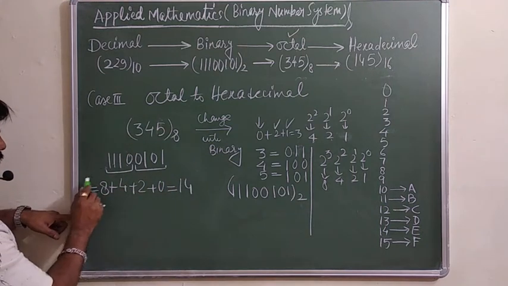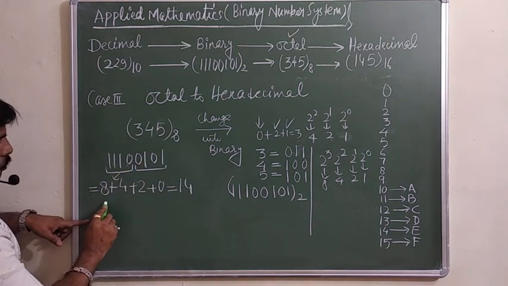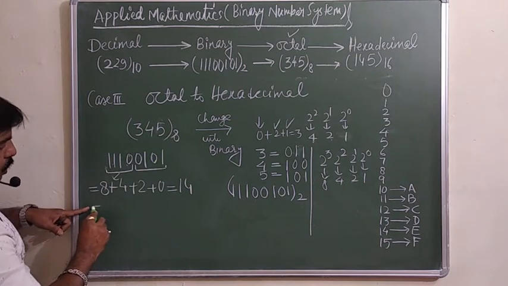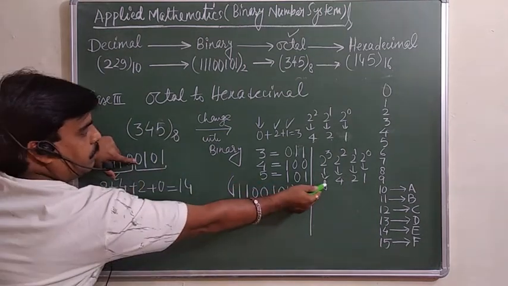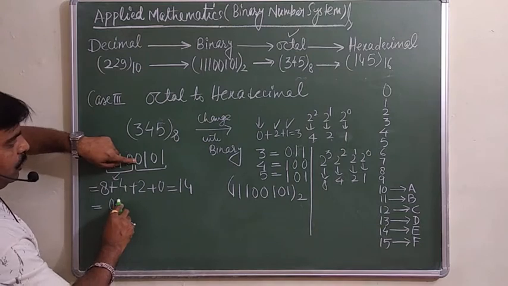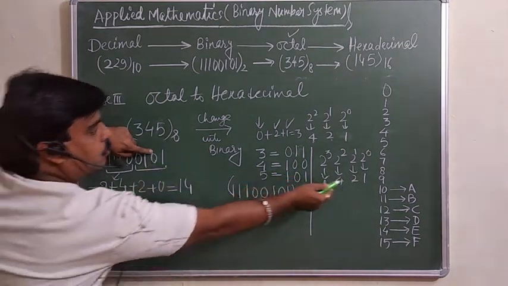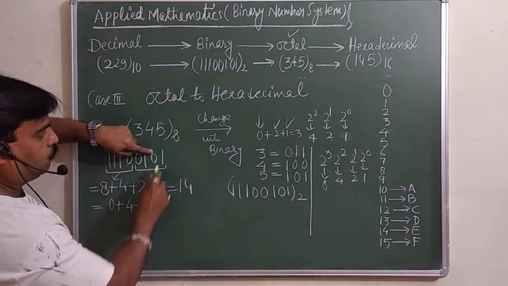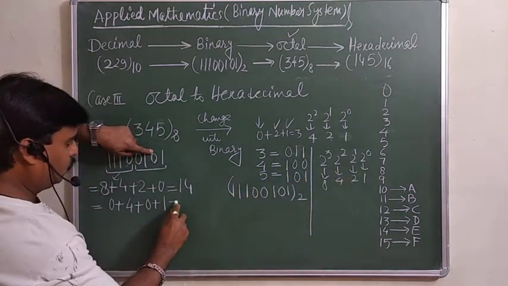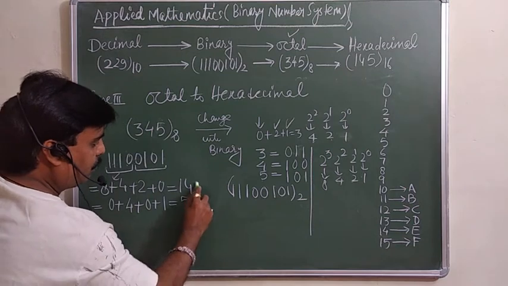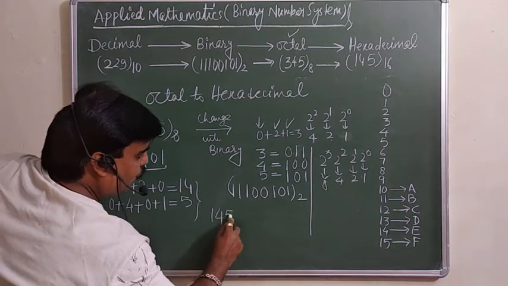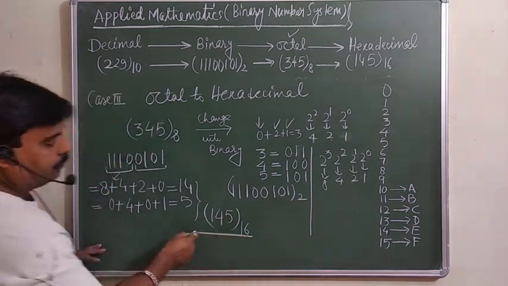Now we will take this for this one only. Now we will take 0, 1, 0, 1. For this one, what will you get? 0; we will not adopt this 0. For this one we will adopt this number 4. For this 0 we will not adopt this one. For this one we will adopt this 1. So you are getting 5. So what number are you getting? You are getting 14 and 5. It is hexadecimal form only.